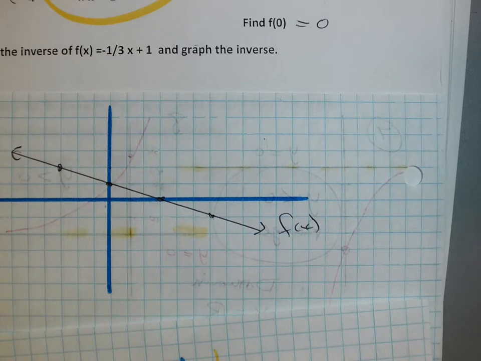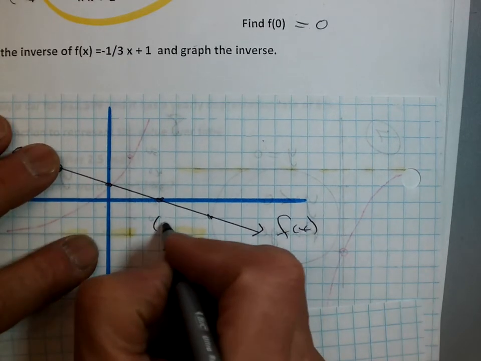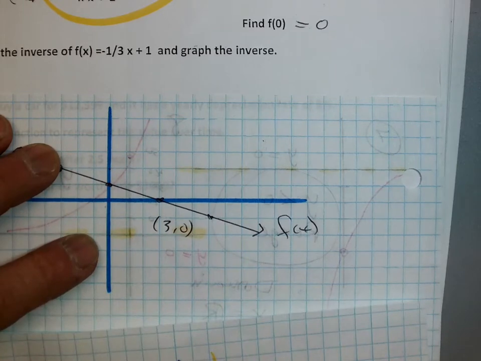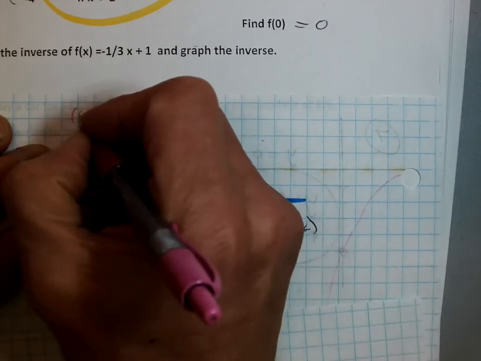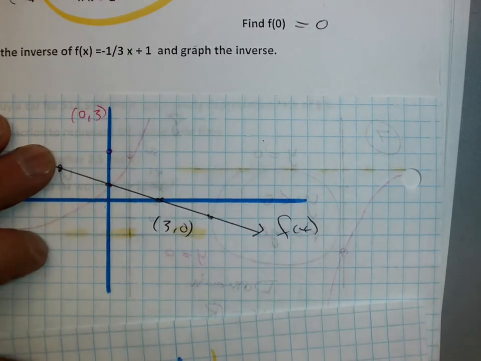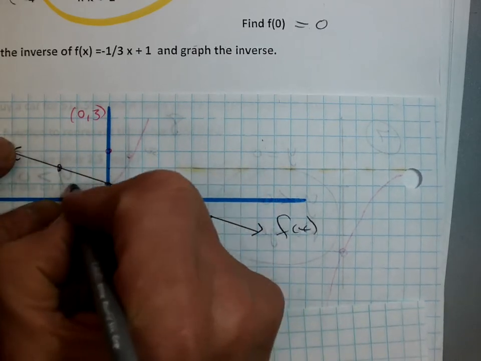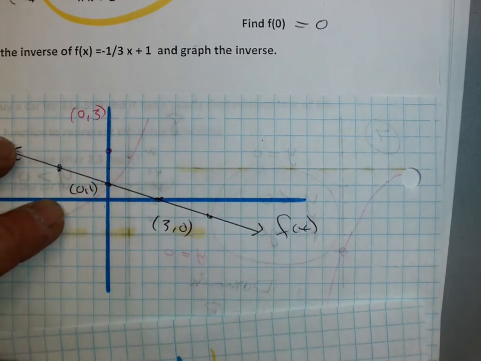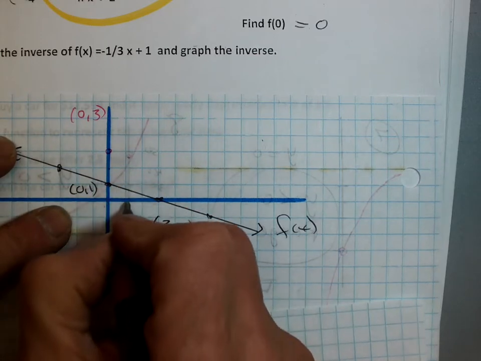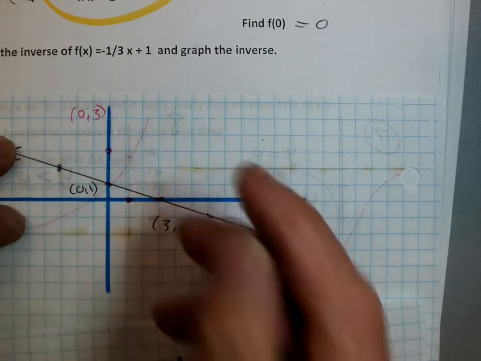So 3, 0 becomes 0, 3. This 0, 1 becomes 1, 0. You only really need 2 points, right? So this is at 3, 0, which becomes 0, 3, right? This point is at 0, 1, which becomes 1, 0, right? Which is here. If I connect the two dots,